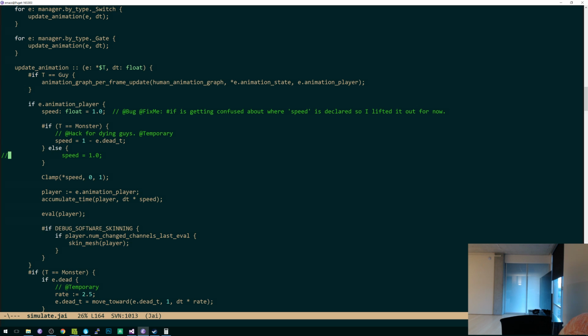Why does the if have a hash? Because that's a static if and not a dynamic if. It is a static if. So like I can refer to a field of this struct that, you know,